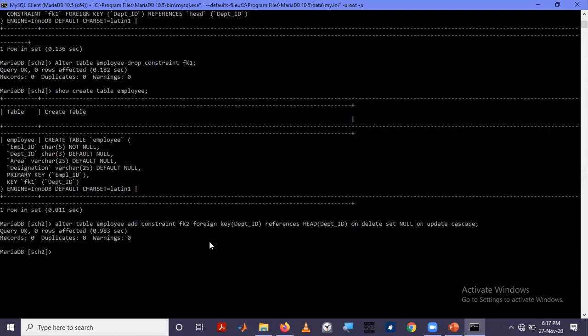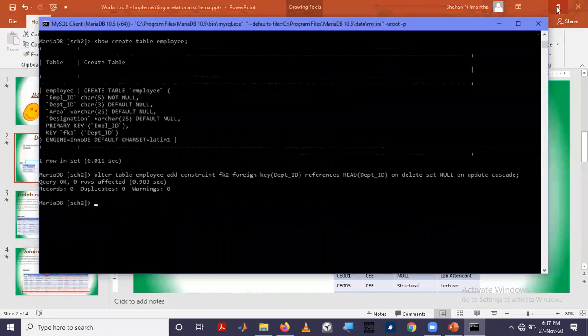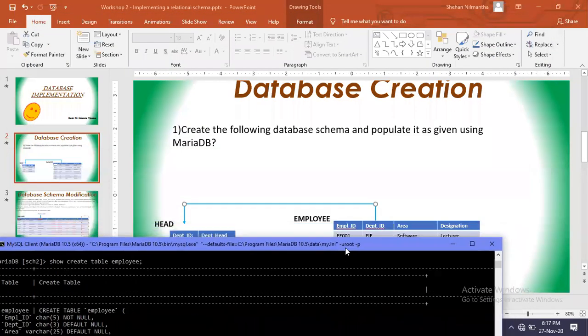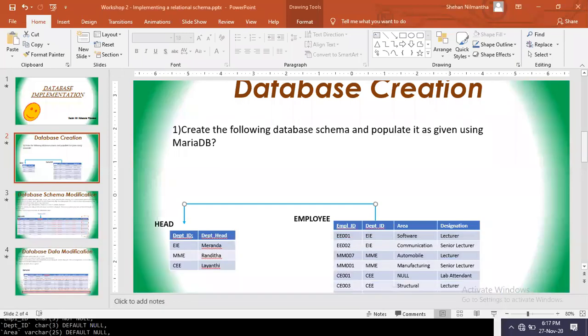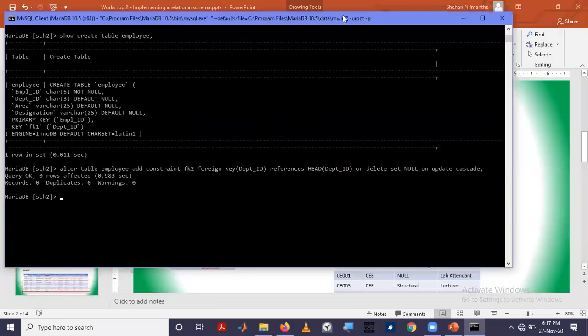Okay. Successfully the constraint was added. So the next thing that we have to do is populate this database, that means the employee table.